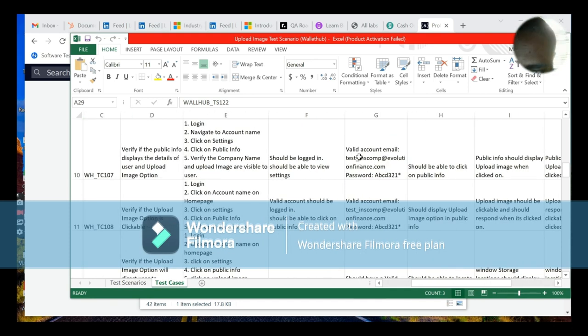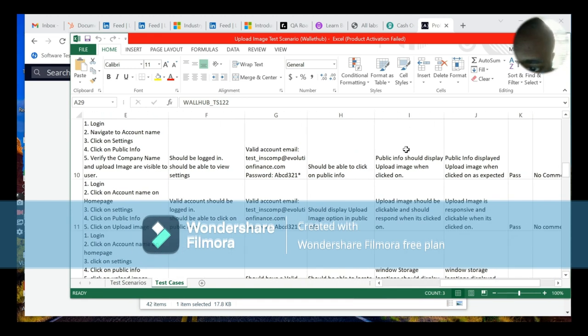Then in the G it said valid account this and this, which means these are the test data. These are what you're supposed to use to log in. And this is the post condition. In the post condition, that is when you are logged in and you're able to view settings. What is it that you're supposed to be able to click on? The public info. So when you can click on the public info, then you can now view the upload image option. Then it now said in the actual result, which is the I column, it said public info should display